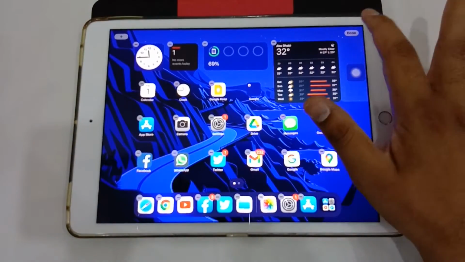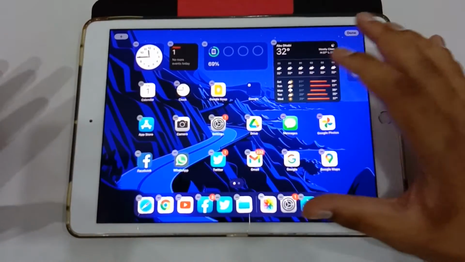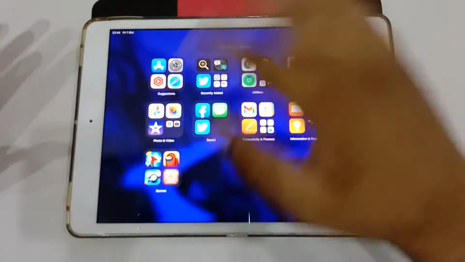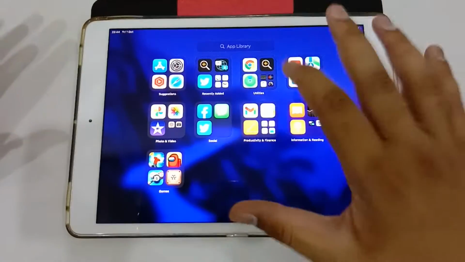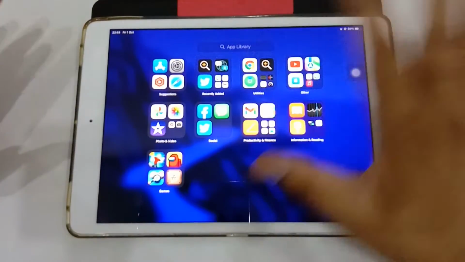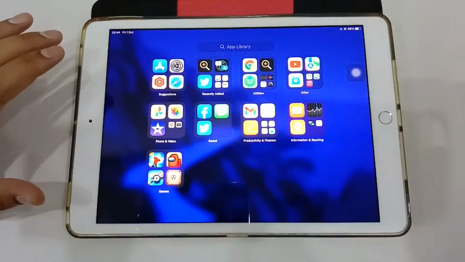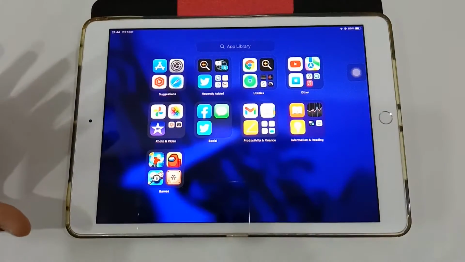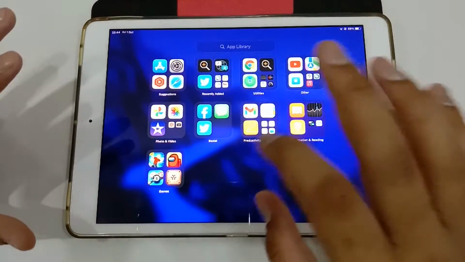But to me it doesn't matter that much, because I like the way iOS handles it, when I'm swiping between the home screens and even the app library. This was a major change with iOS 14 on iPhones. For some reason Apple did not give this option in iPadOS 14, but now in iPadOS 15 for iPads, this option is available. And those are the major things.